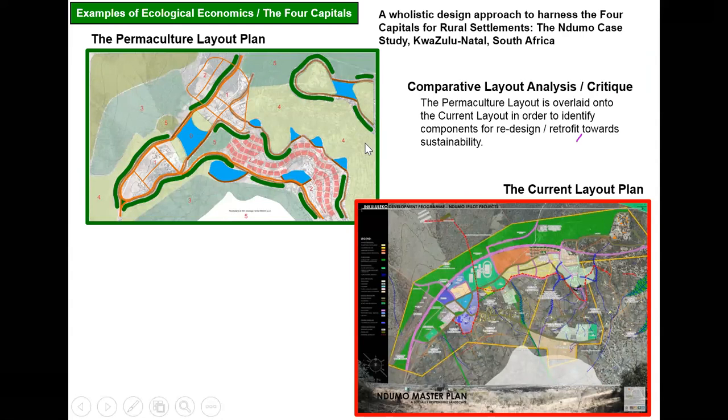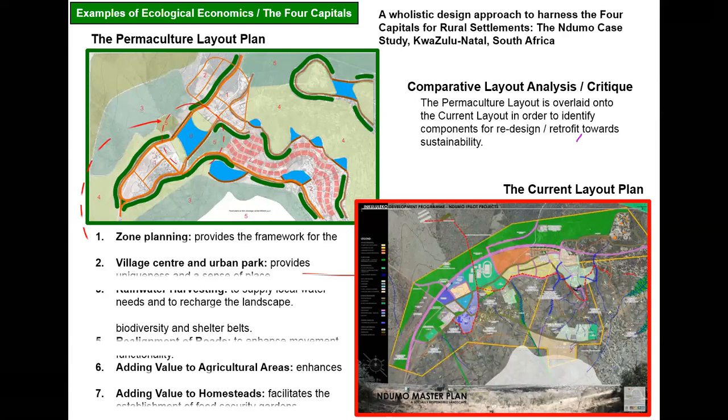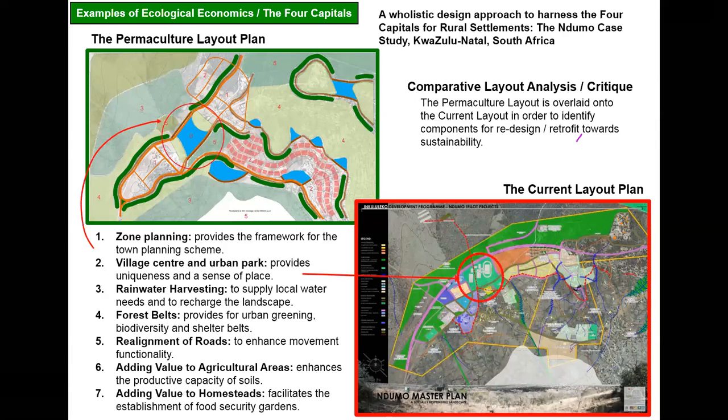And many of us are caught in this trap where there's a lot already substantial momentum through development approvals or community facilitation processes around new developments. How can we use our JETS-inspired newfound knowledge to critique these developments? And in this case, we overlaid an idealistic layout over the current reality, and we could see that we could